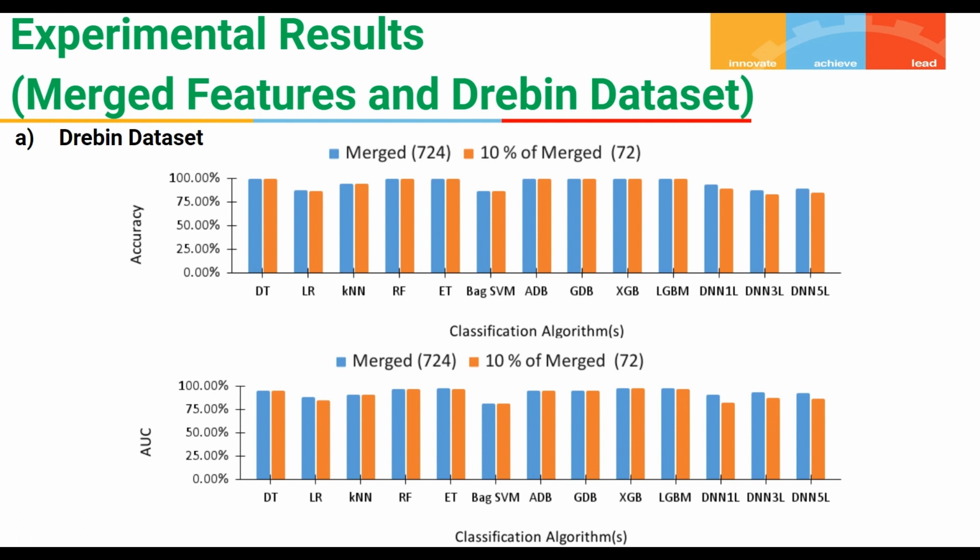And we compare the performance between the models trained on the 724 merged features and the models trained on 10% of the merged features, that is 72 features. Considering the Debian dataset, we can see that Random Forest, Extra Trees, and all the boosting algorithms almost have the same accuracy even after reducing to merely 72 features. XGBoost has